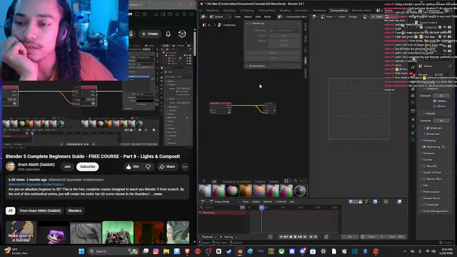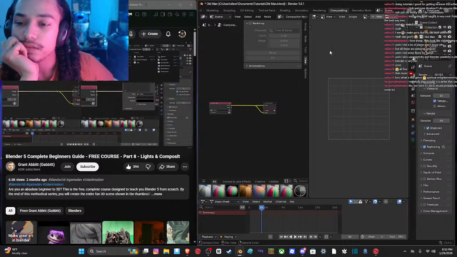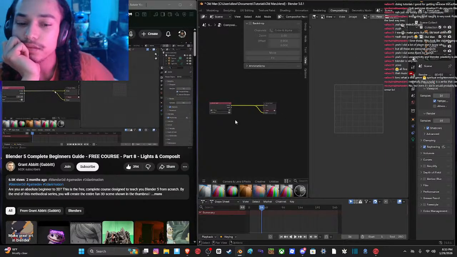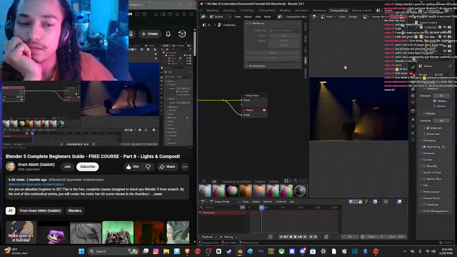Incidentally, if you want to get rid of a window, you move your mouse into the middle and you can right click just there and join right or join left and so on. I'll just press escape to come out of that menu though. I'll change this window up the top left here to the image editor. And notice if I just zoom out a bit, we've got the viewer node just here. So I'm going to change at the top here to the viewer node just there so I can see the